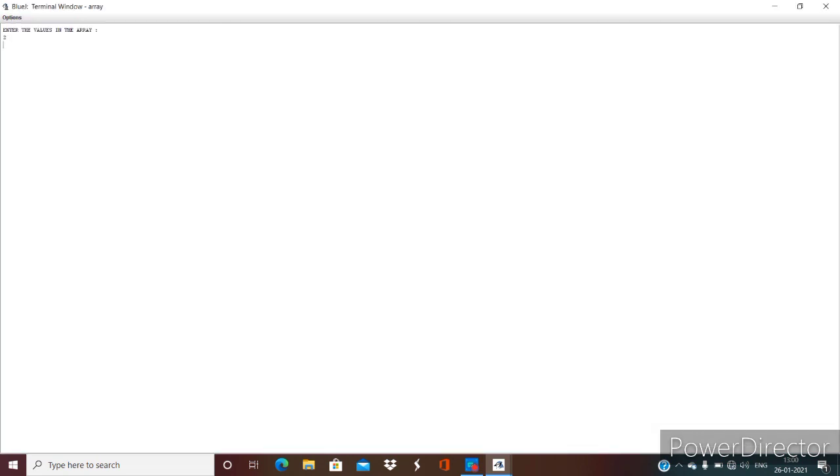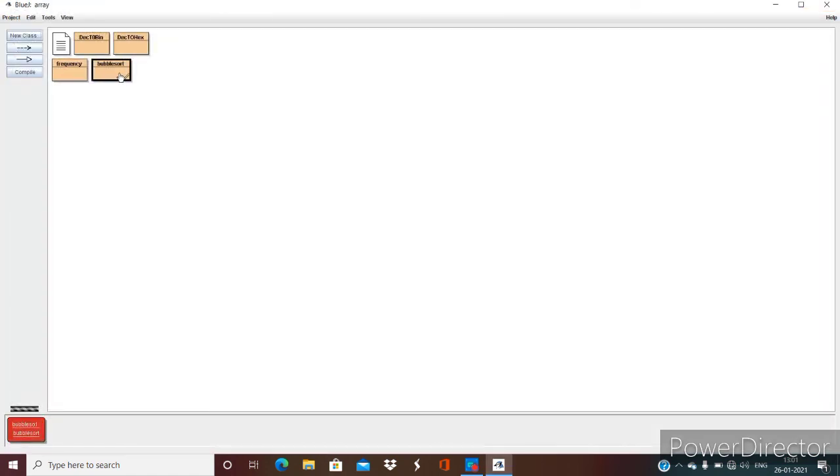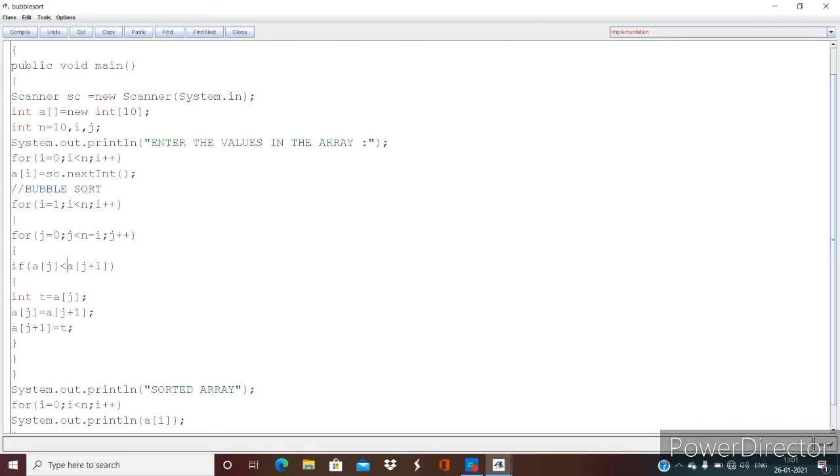I'll enter the values. And the sorted array is, you can see, 15, 9, 7, 6, 5, 5, 4, 4, 2, 1. So it is in descending order. By changing that less than and greater than sign, you will be able to arrange the elements of the array in ascending or descending order.